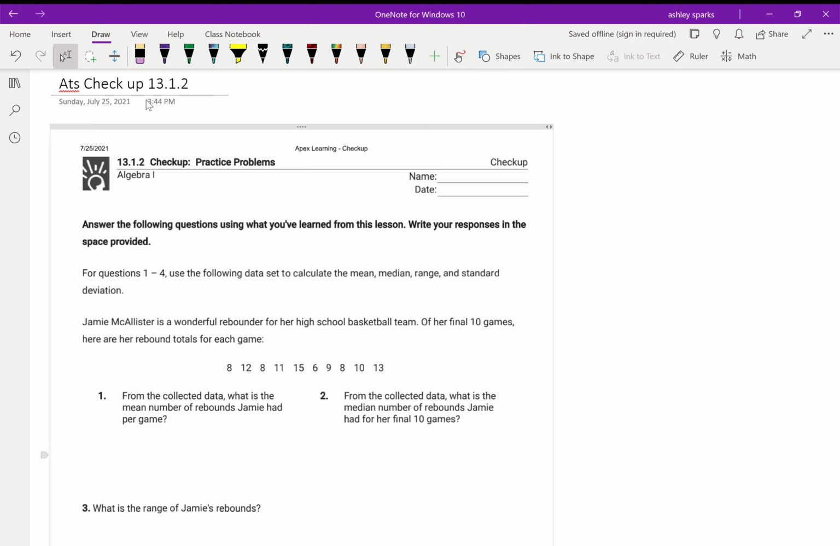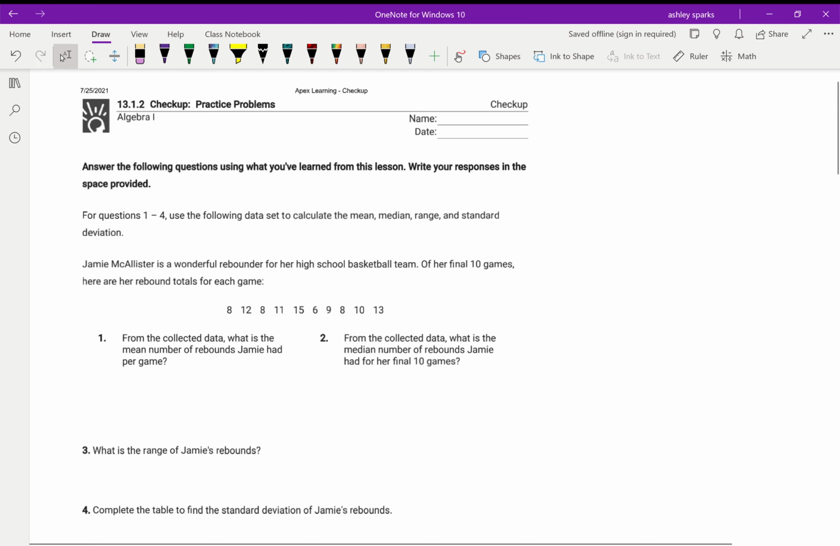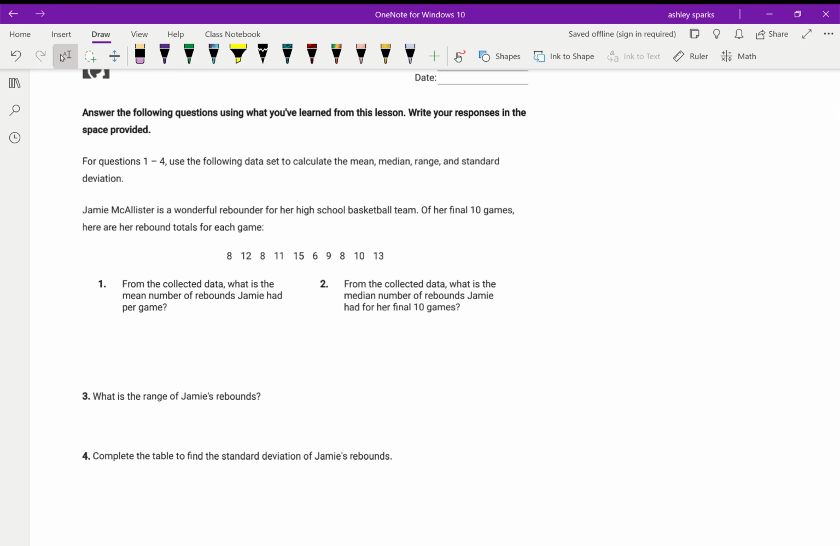Alright, so we are starting on some statistics. In this section we talk about mean, median, mode, or I guess mean, median, range, and standard deviation. So what we're given to start off with is